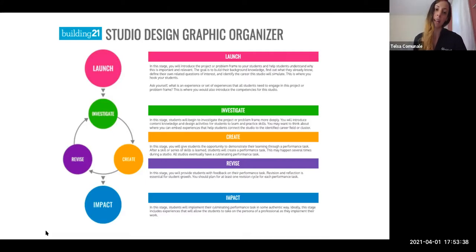This design process has really been a work in progress from the moment we opened this building. It's taken us a long time to get to this point, but you see the stages there. So our staff launch, then we have a cycle that you come in and out of: investigate, create, and revise. Revision is a very important step when you're talking about competencies.